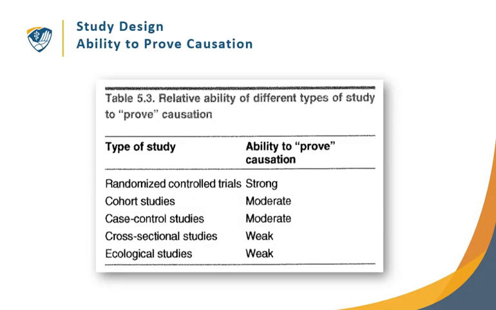Study designs and their ability to prove causation. At the top are randomized controlled trials. And then at a moderate level are cohort studies and case control studies. That completes part